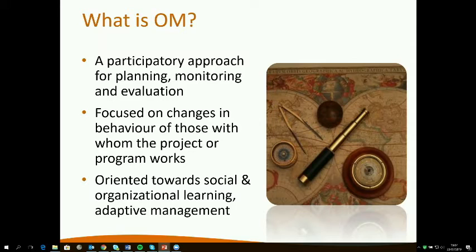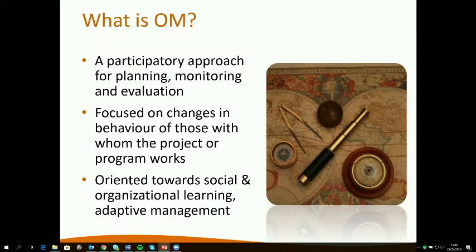And its uniqueness is that it focuses on changes in behavior. And it focuses on those behavioral changes of those actors with whom the intervention works. And in doing this participatory approach with this behavioral change, it's really an approach that's oriented towards social learning and organizational learning, and connected with that, adaptive management as well.